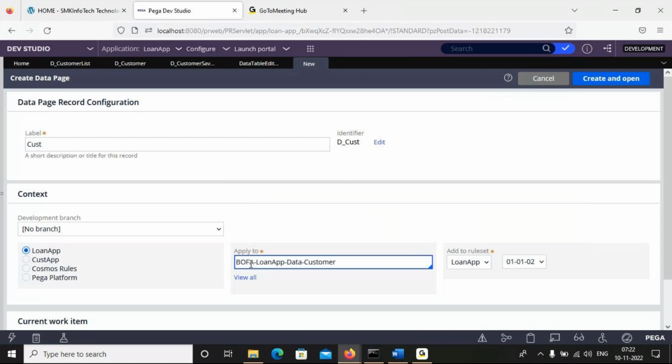Customer table, right? Which table? See that when I give the name label d underscore customer, maybe single listed database or single database. You need to think about that. I'm going to create the first one, list database. So customer list database, create and open.